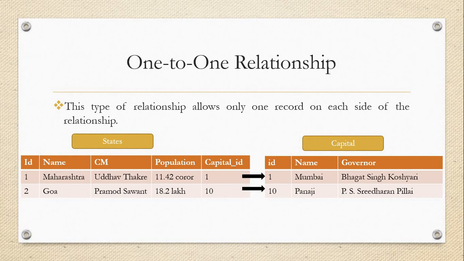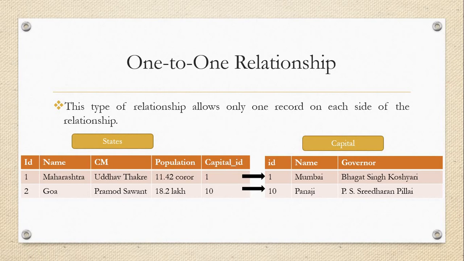We are performing the operation on product, category, and customer. In the last few days we have a customer table, a product table, and a category table, and in that we are performing the practical. But right now, to explain the one-to-one relation, I will give another example so you will get a brief idea. Assume that I have 2 tables. The first one is state and the other is capital. In the state table we have 4 attributes. First of all, ID is there, name is there, who is the CM of the state, the chief minister of the state, what is the population of that state, and after that what will be the capital ID.